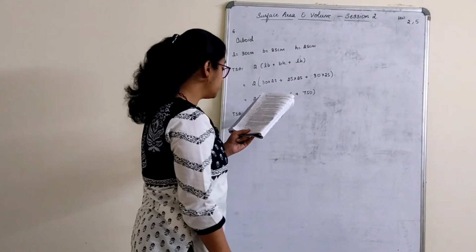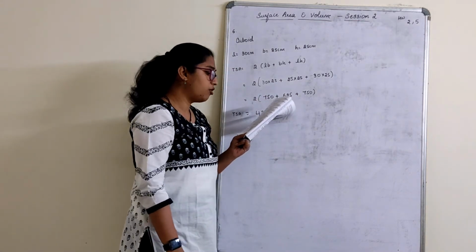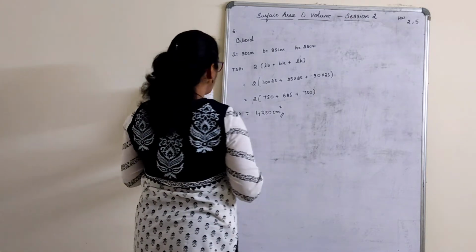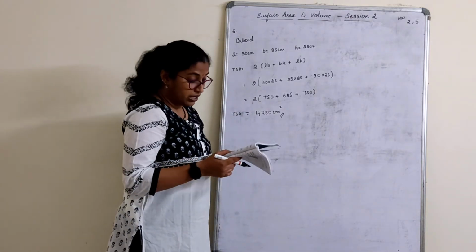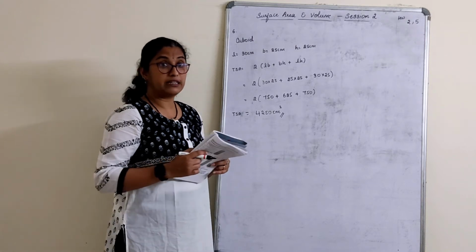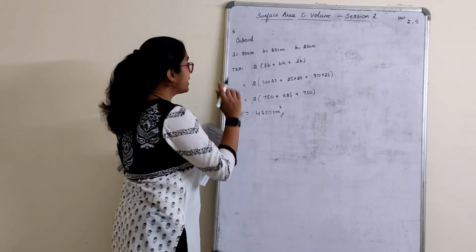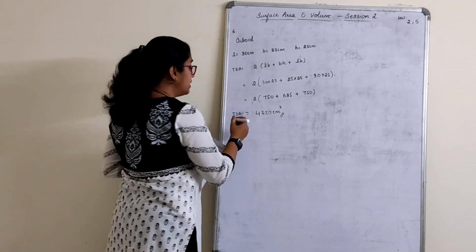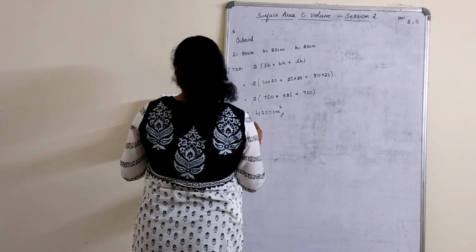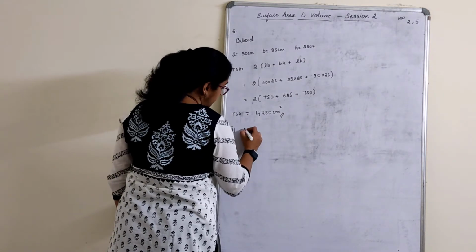Next, what have they asked? How much tape is needed for all the edges? Just calculate. Now, the edges formula we have not done till now. How much tape is required for all 12 edges? Now, there are 12 edges, right? There is a formula for edge. Just write it down because there is only one sum here where they have asked the edges. So, tape required for all 12 edges